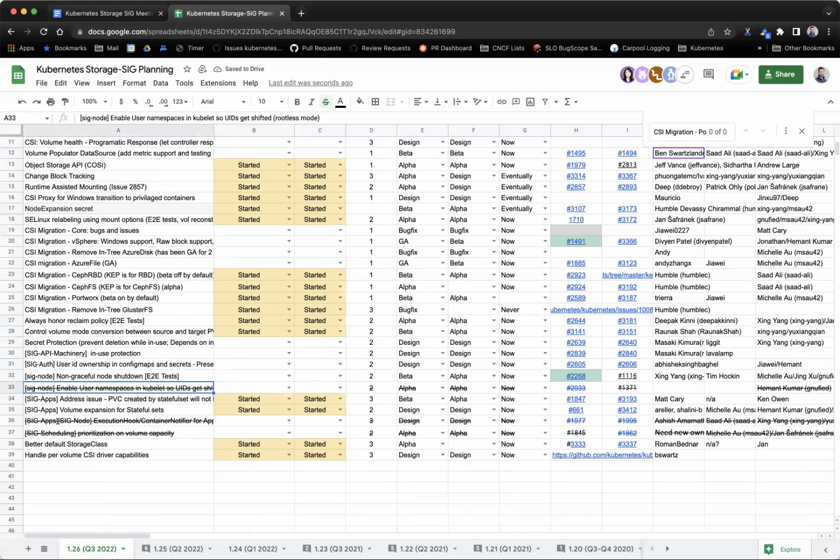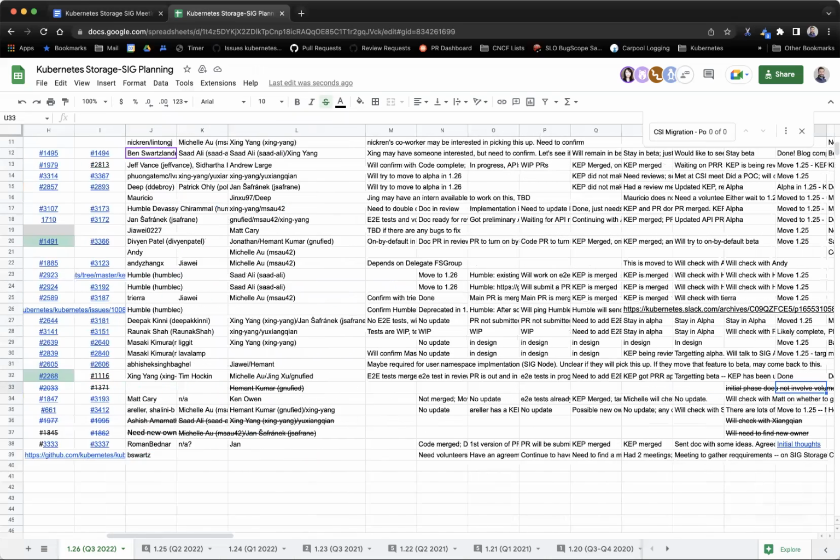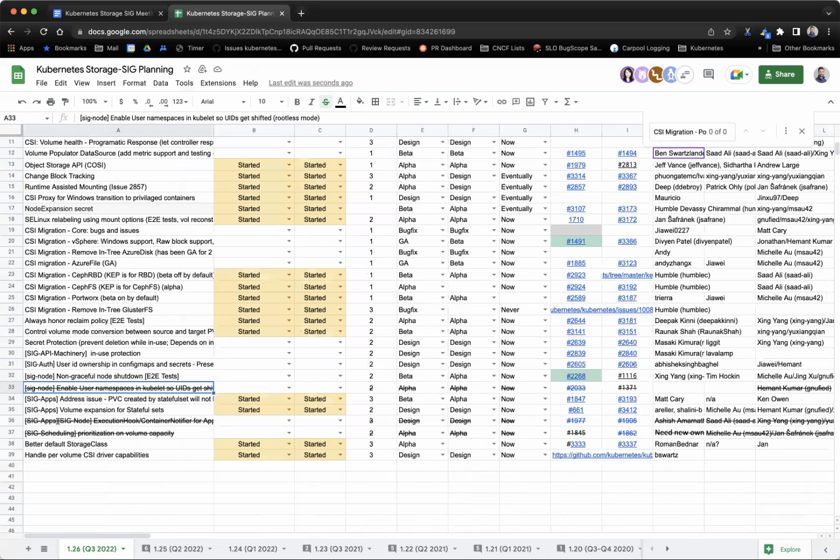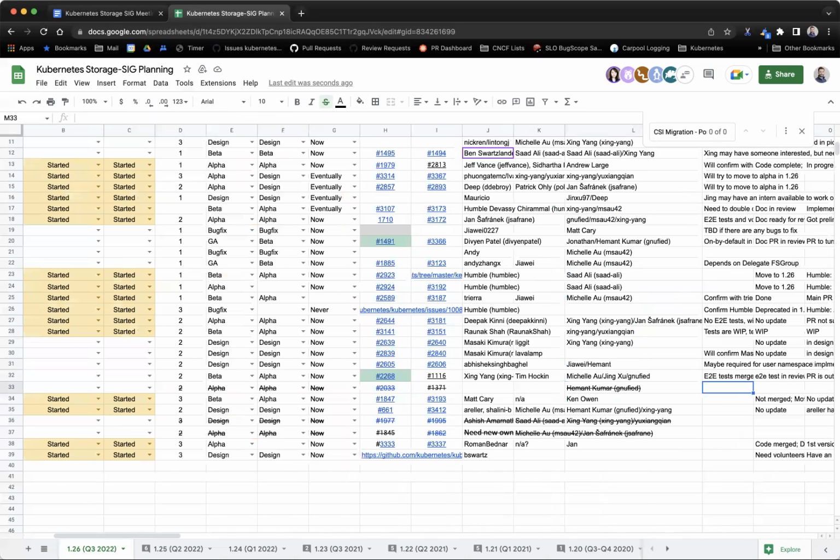Then we have enable user namespaces in kubelet, so UIDs get shifted, rootless mode. Anyone interested in picking that up again? That's the one that's different, but yeah, a version of this PR was merged in 1.25 actually, and